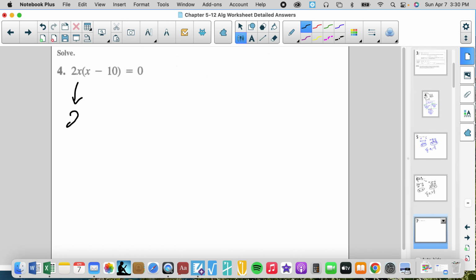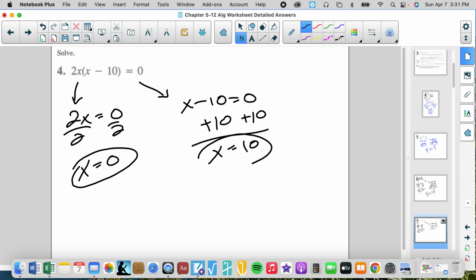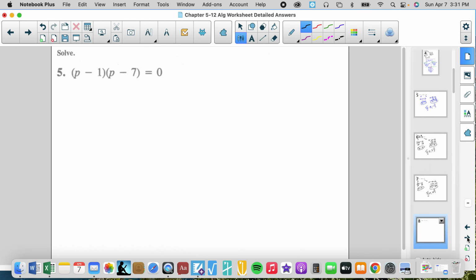Again, take 2x, set that equal to 0, x minus 10 equal to 0. Divide by 2, now let's solve. x equals 0, x equals 10 plus... So my two solutions are 0 and 10. And we see how much easier it is when it comes already pre-factored, that it's a product of two numbers